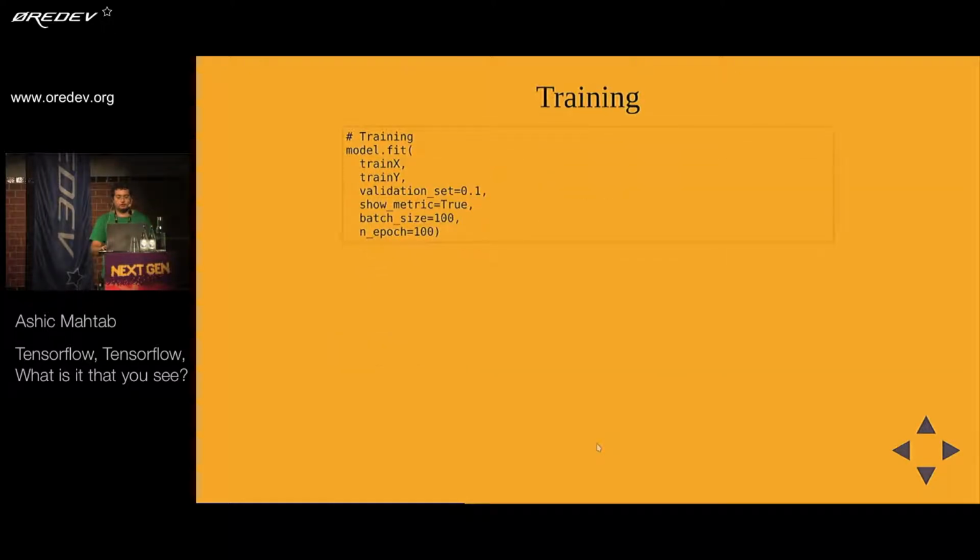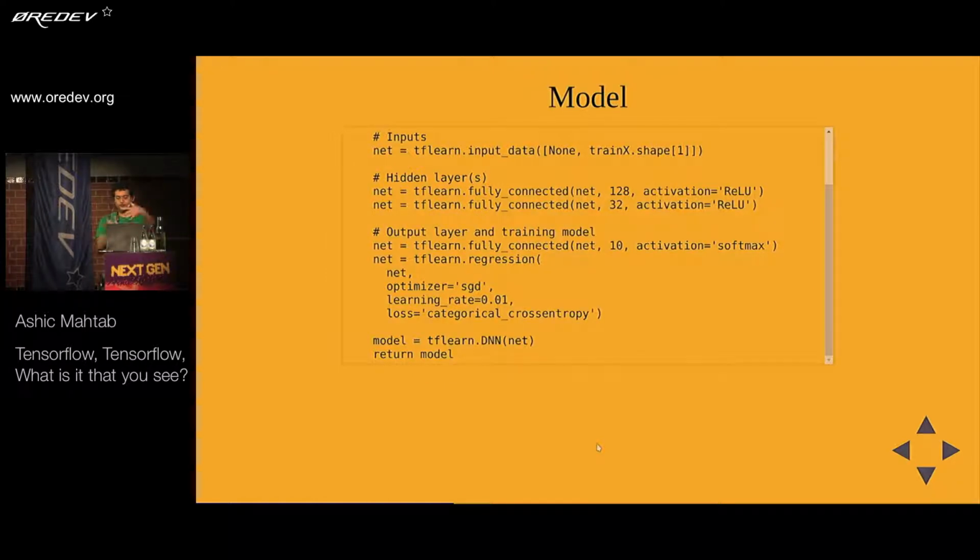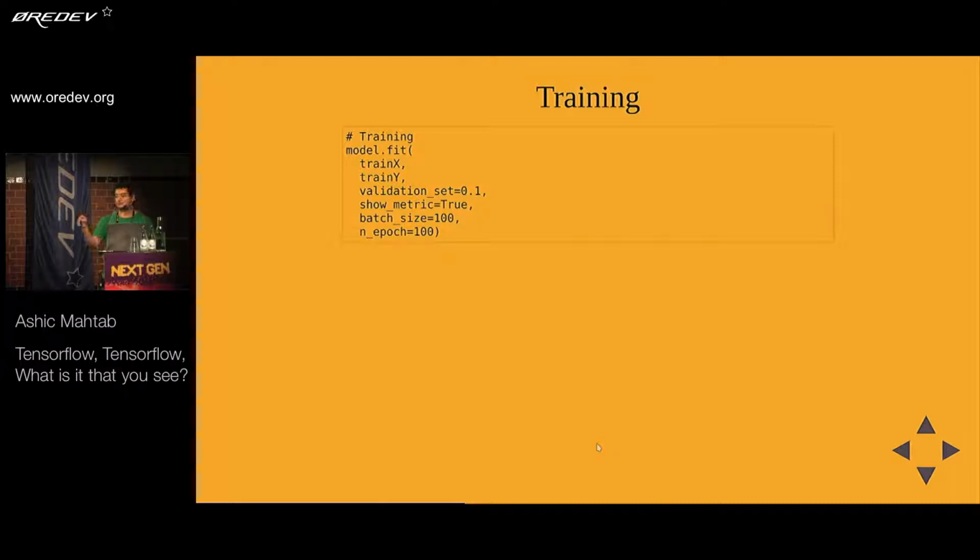Right, and the way you train the data, once you've told it how, is the definition of your model. So here we've defined the model. Here we're training it. We just call fit. And to fit, you give it your input, your output, how much of the data you want to use as your validation set, whether you want to show the metrics or not in the output, what the batch size is,